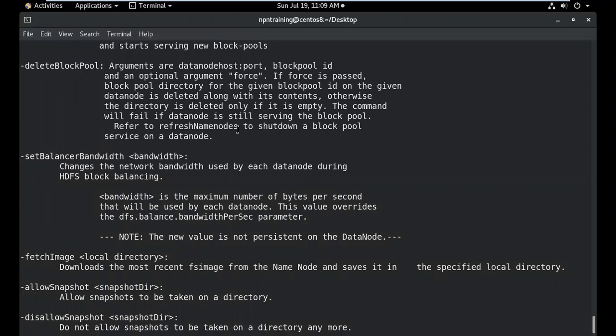If you don't set the quota, you can have a directory with so many files and we will not know whether upstream is really working or not. So when you set a quota that this directory should contain only this many files, if it reaches beyond that, then there is a problem with upstream. Because if you don't set this quota, all of a sudden upstream stops and then starts again, and you will have billions of records to process, which will take huge time. So we have to take action much before.